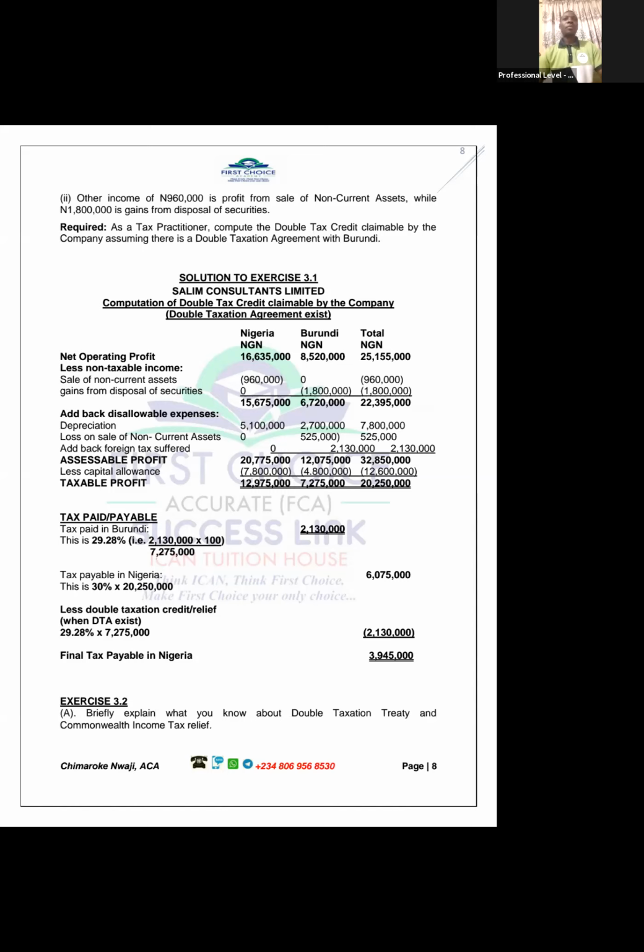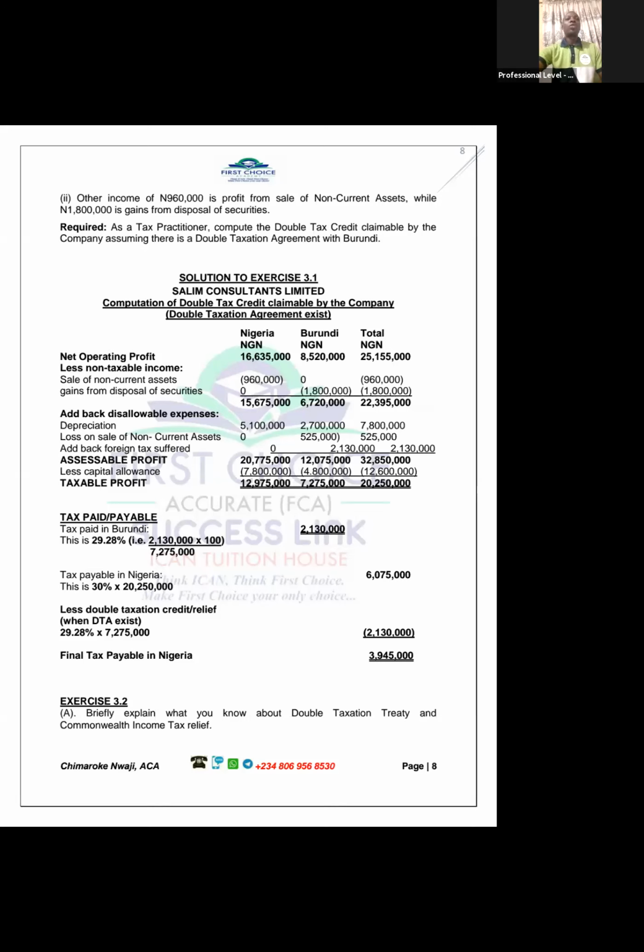or payable. On the other hand, if there is no double taxation treaty and thus no double taxation agreement exists, then there is an equitable way of preventing the foreign income earner from paying too much tax. The income tax relief will depend on whether the company is incorporated in Nigeria, called a Nigerian company, or a resident company, or the company is incorporated outside Nigeria, called a foreign company, and that is called the Commonwealth